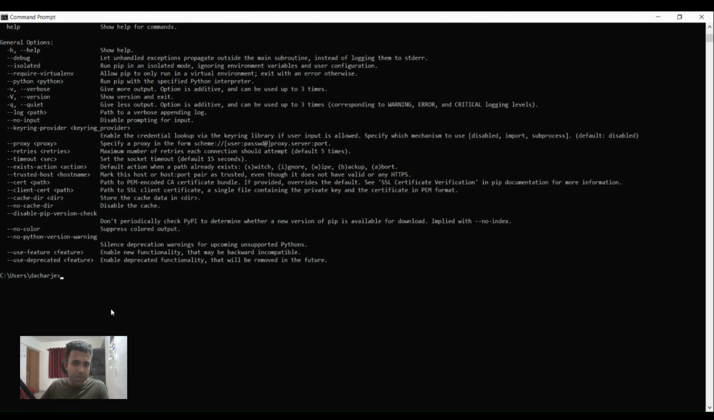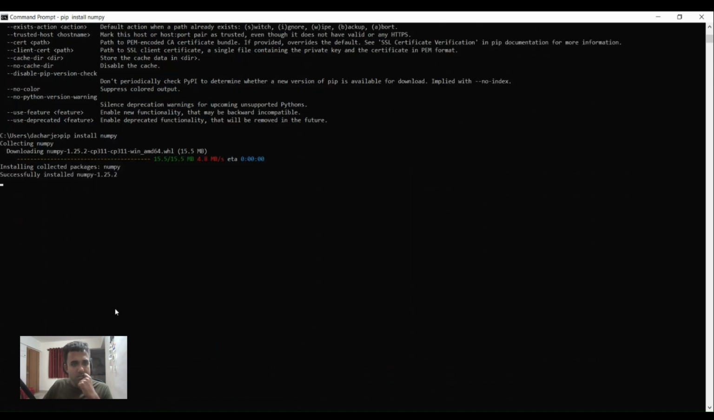Now let's see what PIP can do. So PIP, let's install a library. pip install numpy. Great, so NumPy got installed. Just like you see, if I want to install TensorFlow,